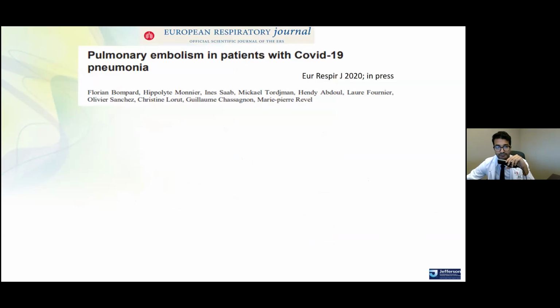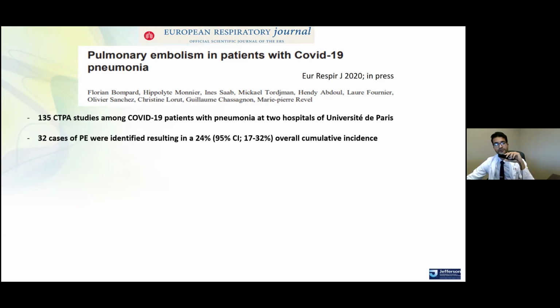I'll spend a little time focusing on this paper because I think this was one of the better papers on pulmonary embolism accompanying COVID-19 infections. It was from 2 hospitals in France. It was published, I believe, in April of this year. They looked at 135 consecutive CTPA studies among patients with COVID-19 pneumonia. What they discovered was that 32 of the patients actually had an acute pulmonary embolism,